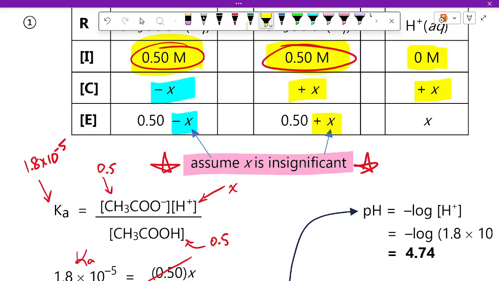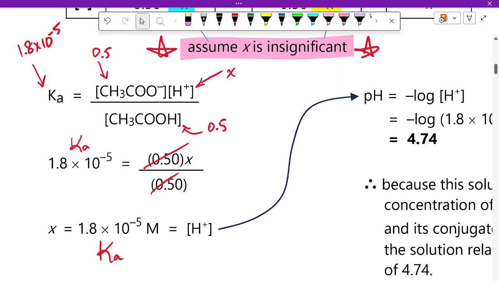So are all buffers like that? Not all of them, because I don't have to be at 0.5 and 0.5. I could have 0.5 and 0.4, and that would still be a buffer. But what will happen is that will adjust the pH up and down a little bit, and we'll see how to calculate that. Okay? But you should know, and this is actually quite important, is that